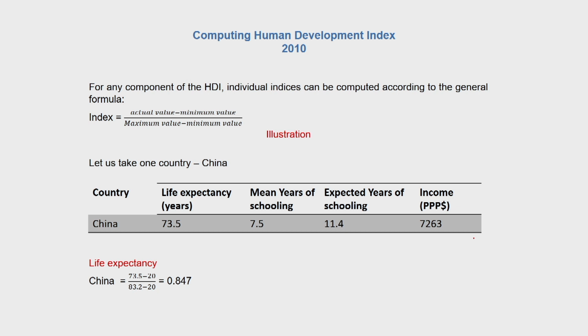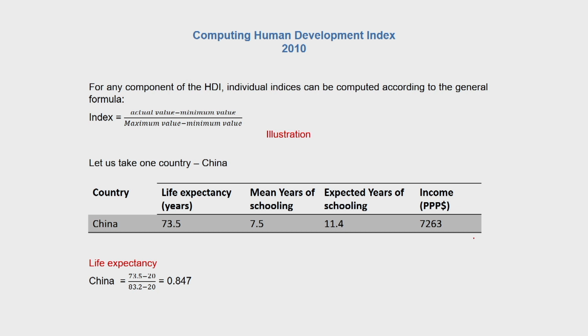The methods of computation of HDI itself is also inconclusive, although the dimensions continue to remain the same, and there is a lot of consensus with regard to the use of dimensions, but there is not much consensus with regard to the use of indicators, which is why there is a lot of change in the indicators used over the years. So, this is an illustration for computing the HDI based upon the 2010 indicator.